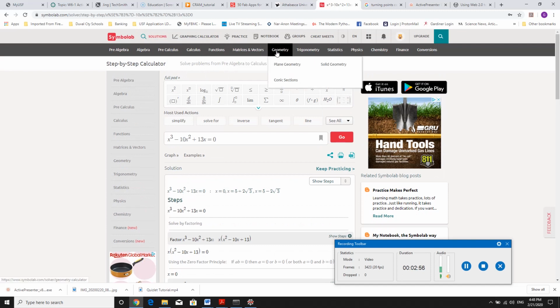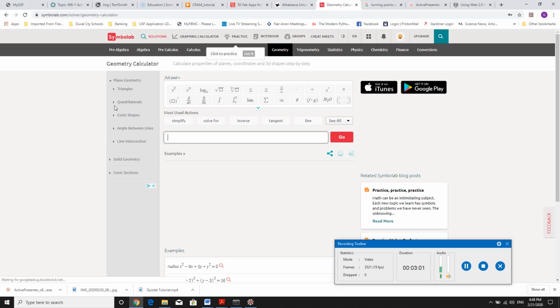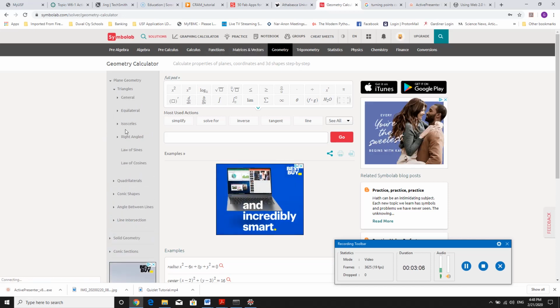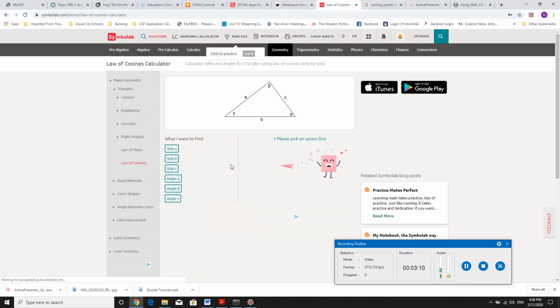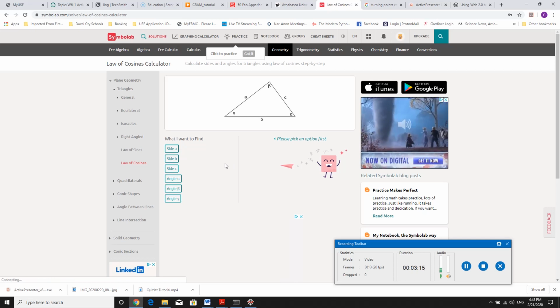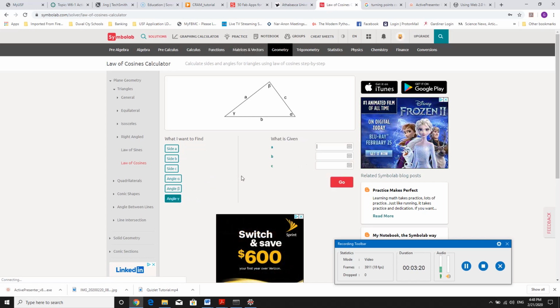Geometry, you can use it for geometry. I know law of cosines is a concept that a lot of students struggle with. So if you go to geometry and then hit triangles and then law of cosines, say they're given a triangle where they're trying to find one of the angles, but yet they know all the sides. Let's say you want to find angle gamma here, and then if I enter, say, the sides happen to be where A was 18 and B was 8 and C was 24,